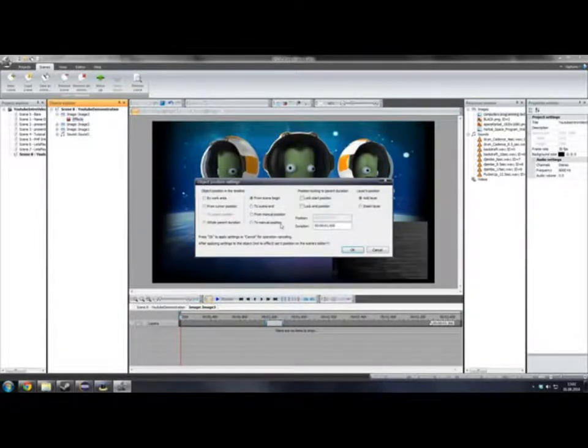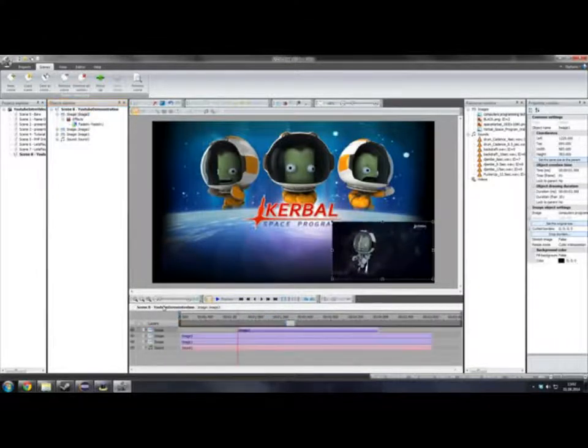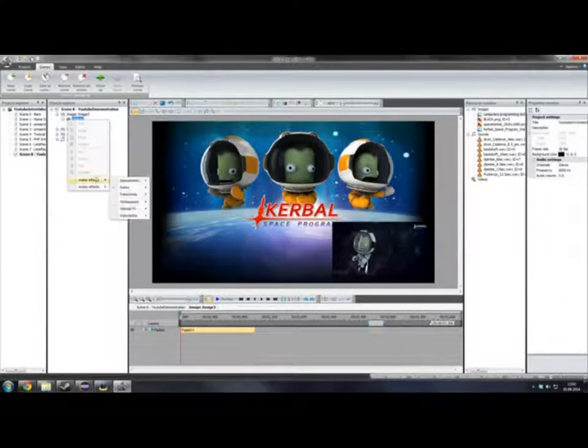Actually, I am uncertain. I'm going to just do this. So we're going to fade in the other image, and then we're going to fade it out again. So we just do the same. Right click on effects,